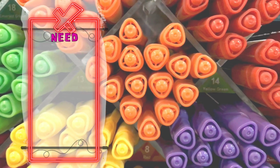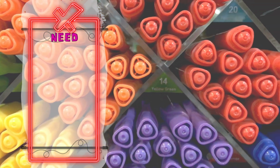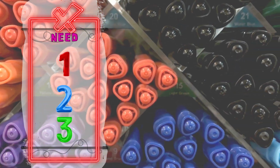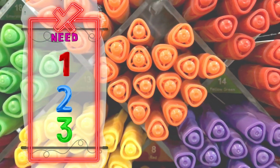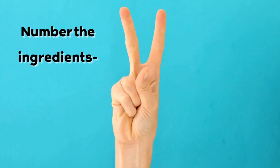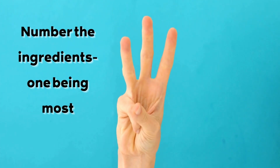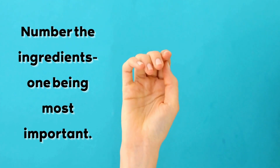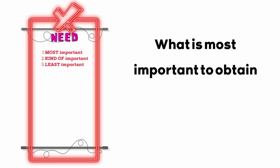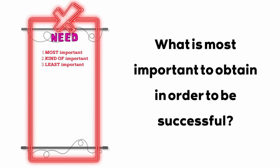When addressing the need column, you will want 3 different color pens. So there will be 3 numbers next to each ingredient. Number the ingredients individually, making number 1 the highest and moving upwards in numbering in these 3 areas. The first area, what is most important to obtain in order to be successful? Go ahead and